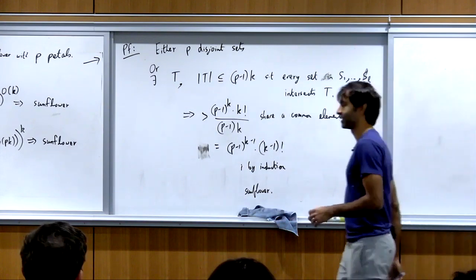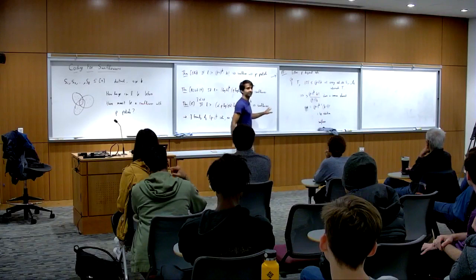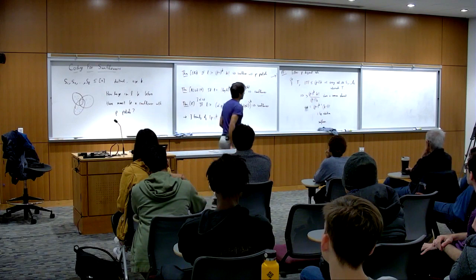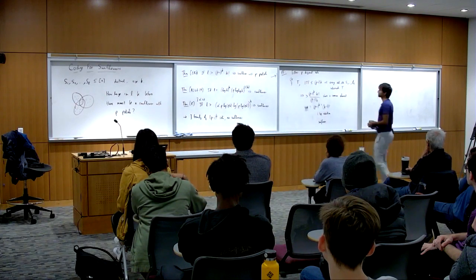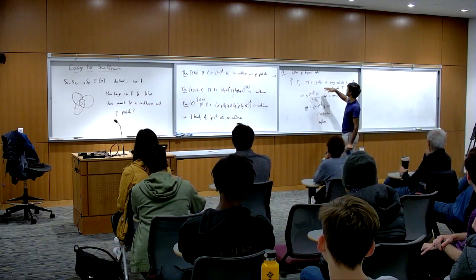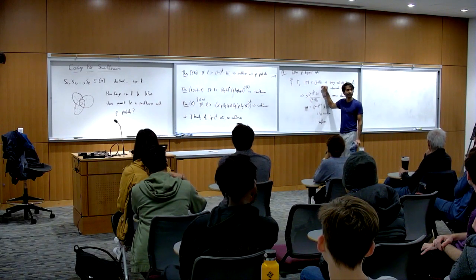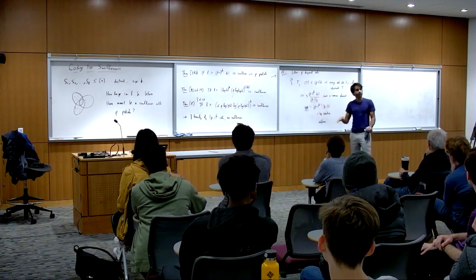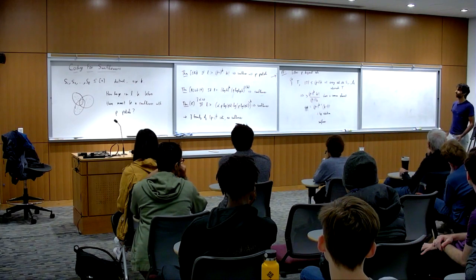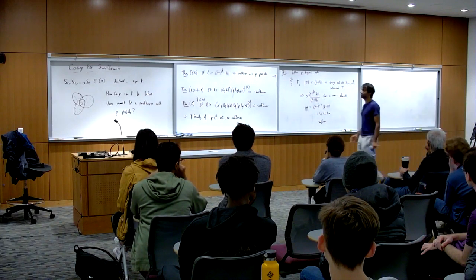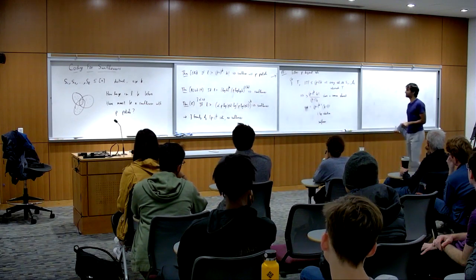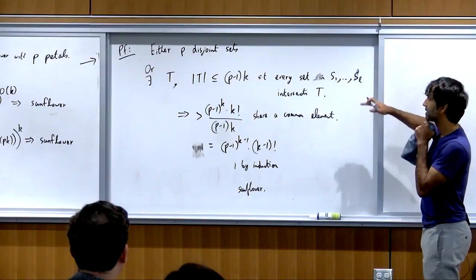Does everybody understand that proof? The key step in this argument was that there are two cases. Either this greedy algorithm works and finds p disjoint sets, or something else happens and you find one element that's in many sets. The sets must overlap quite a bit. And what Alweiss, Lovett, Wu, and Zhang did is generalize this dichotomy a little bit.